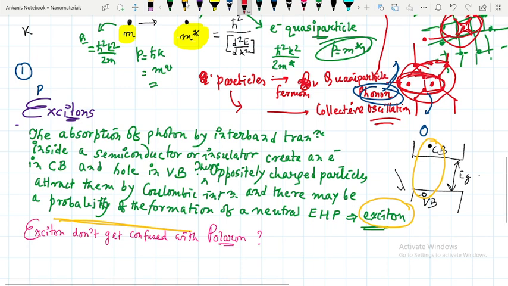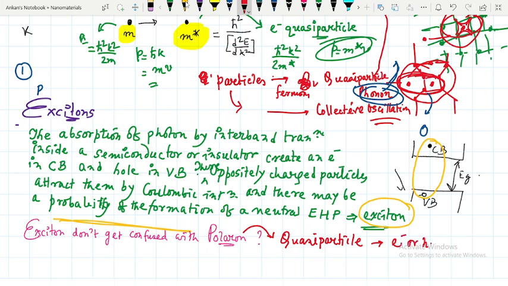The polaron, what is polaron? Polaron is a quasi-particle. Polaron is a quasi-particle that arises from a quasi-free charge carrier such as an electron or hole, which is moving inside a crystal with strong lattice polarization,